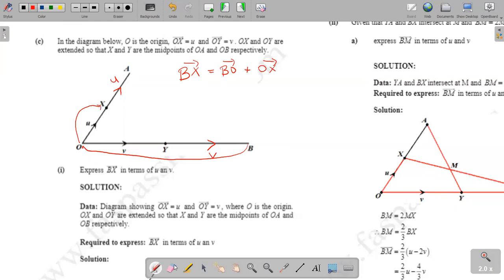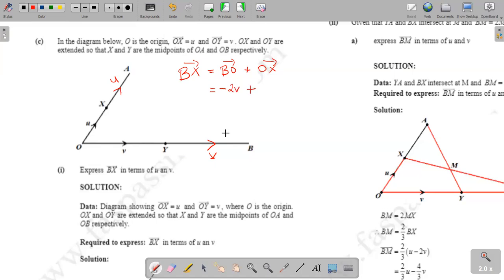No. Look at this now. What is the formula for BO? Look at the direction of the arrows now. If OB is positive 2V, what is BO? I'm waiting to see people try. You're killing it. What about everybody else? Come on, talk to me. Do you agree that is negative 2V? Because if from O to B is 2 V's, but you want to go from B to O, that's the opposite direction. So that would give me negative 2V